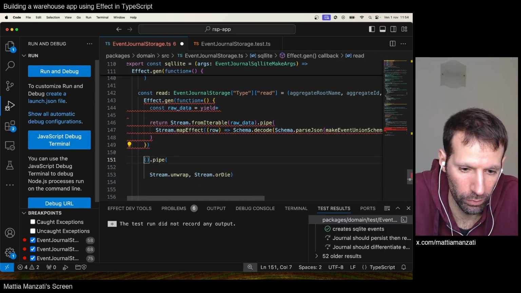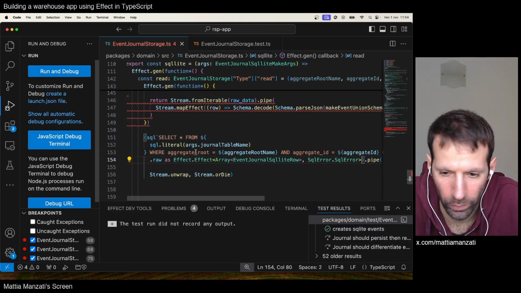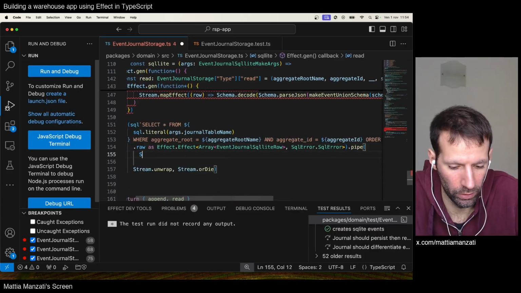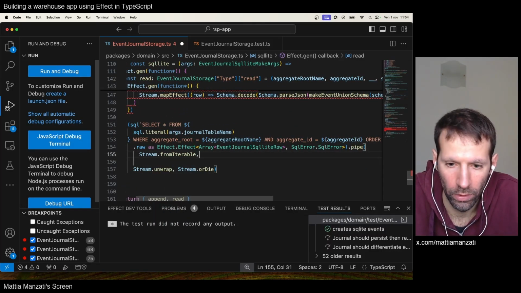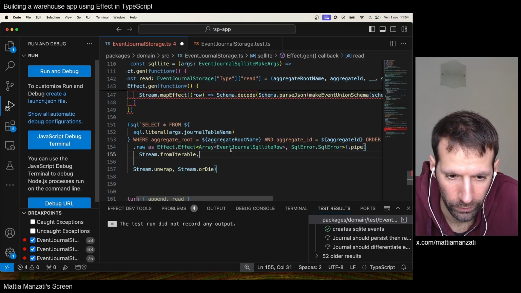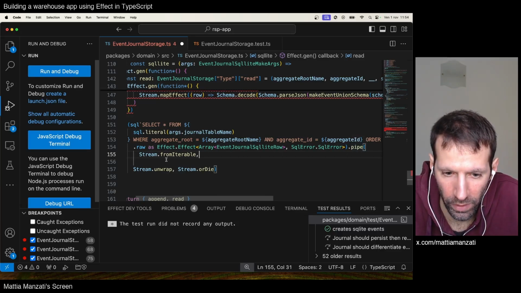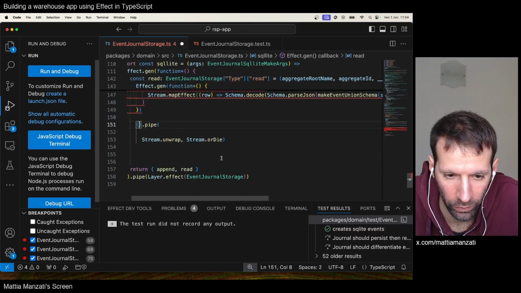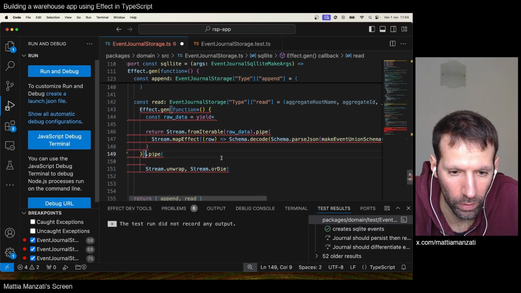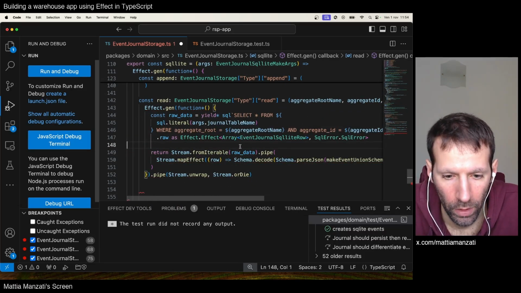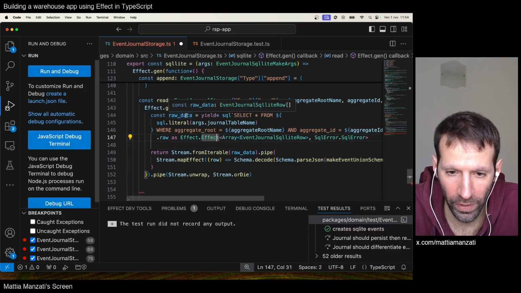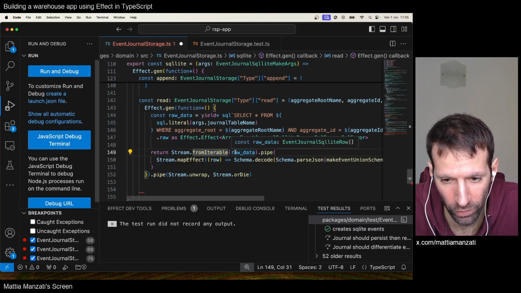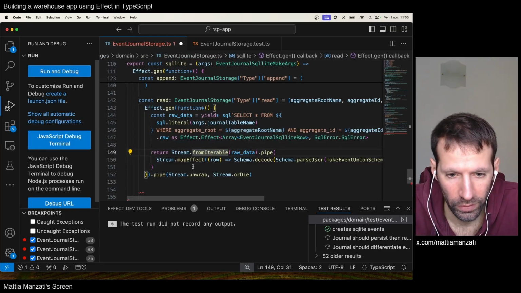So let's just move in here, perform the query, then we'll get the raw data of pipe, and then we say stream from mutable. Oh, well, but that is an effect. Then from, yeah, we need to, that cannot work. We still need one level of effect because in order to get it from iterable, we need to have the actual array, so we need to perform the effect first. So yeah,